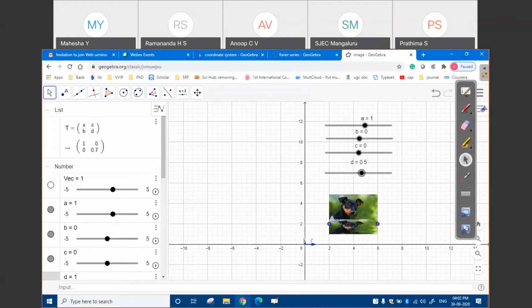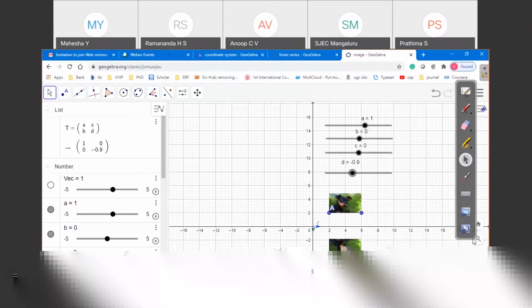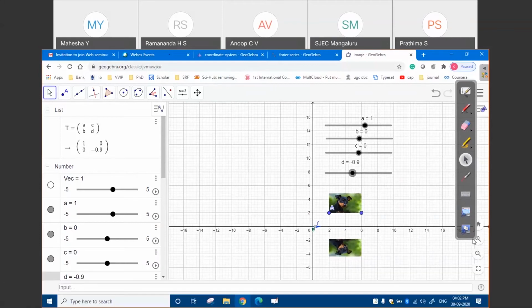Now with the value of D equal to -1, what happened to the image? We are getting the mirror image of the image along the same axis. Now I change the value of A, keeping D equal to 1. So this is how I can change the value of A, B, C, D, and get all the other transformations